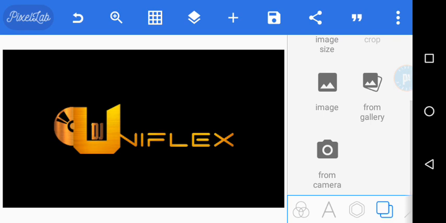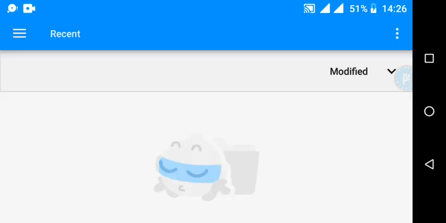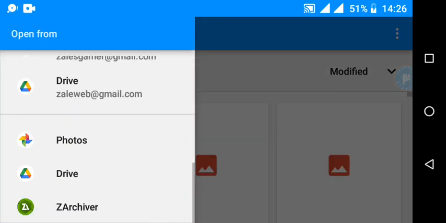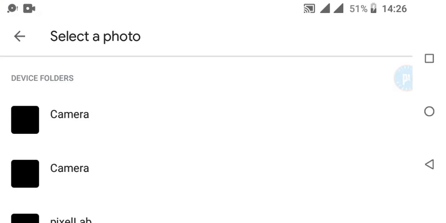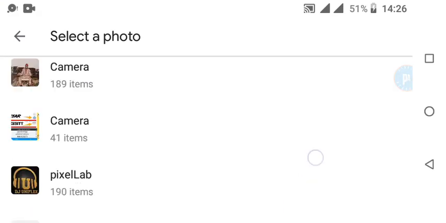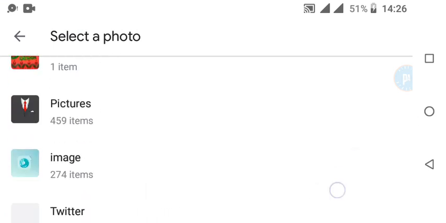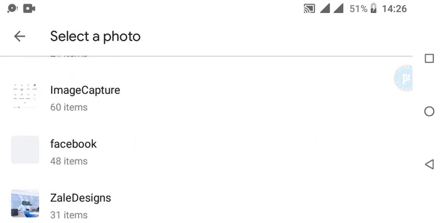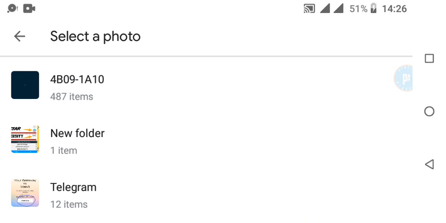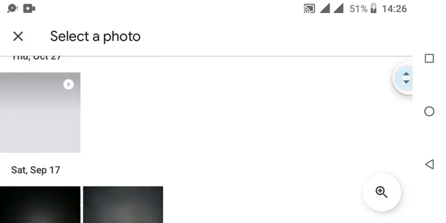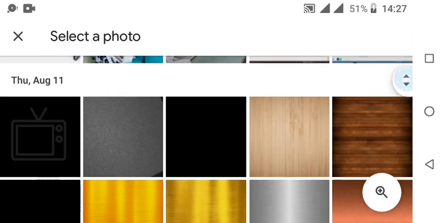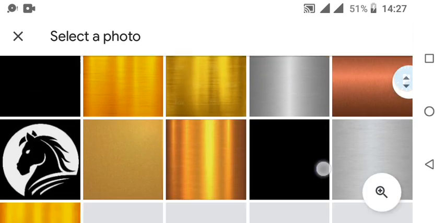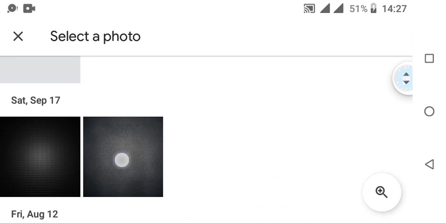You will choose from your images as background, finding an image that makes sense and is helpful for background. So if we choose this one,